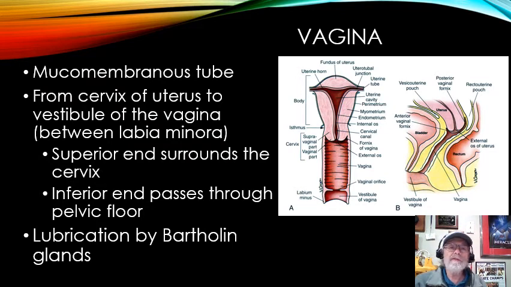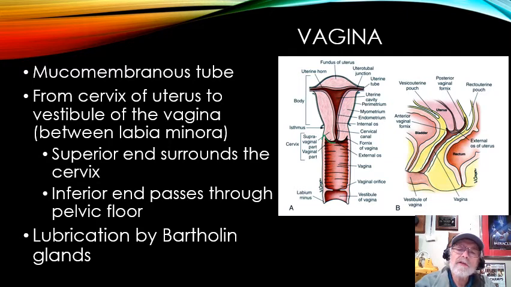Let's first talk about the vagina. Again, the vagina is a mucomembranous, mucocutaneous tube that has a smooth muscle lining on the inside, very stretchable. It has to be able to allow childbirth to occur, and it extends all the way from the cervix to the external orifice. Now, what do I mean by the cervix? First of all, the cervix is this area right in here. Up in here is the uterus, and part of the uterus actually protrudes down into the vagina.